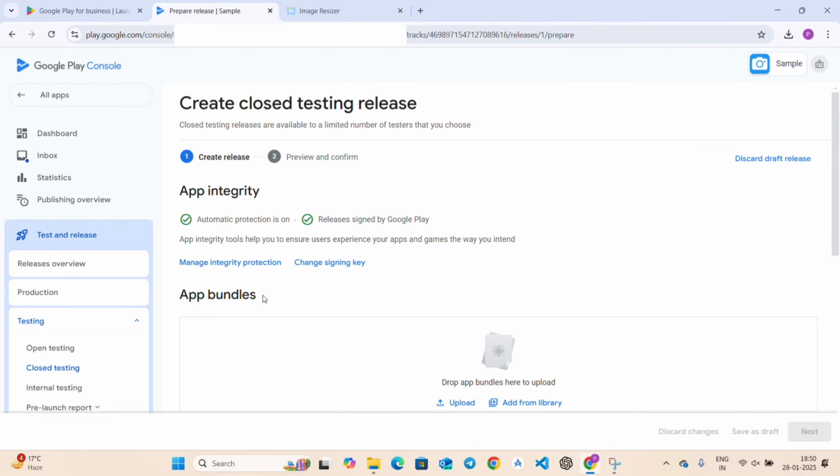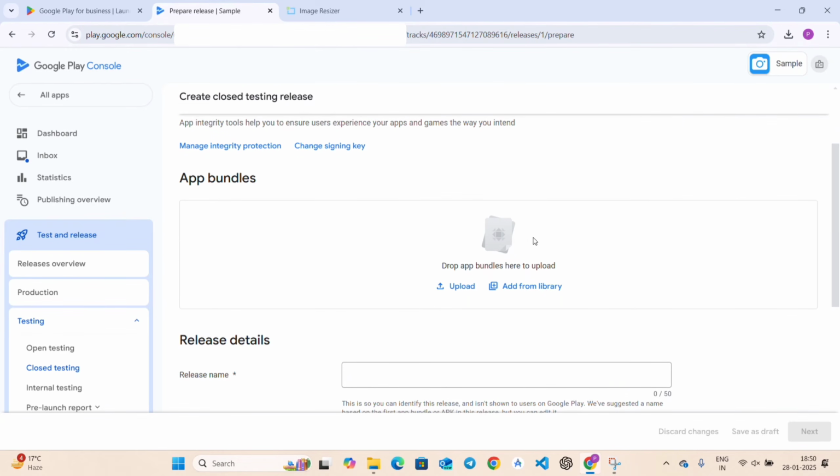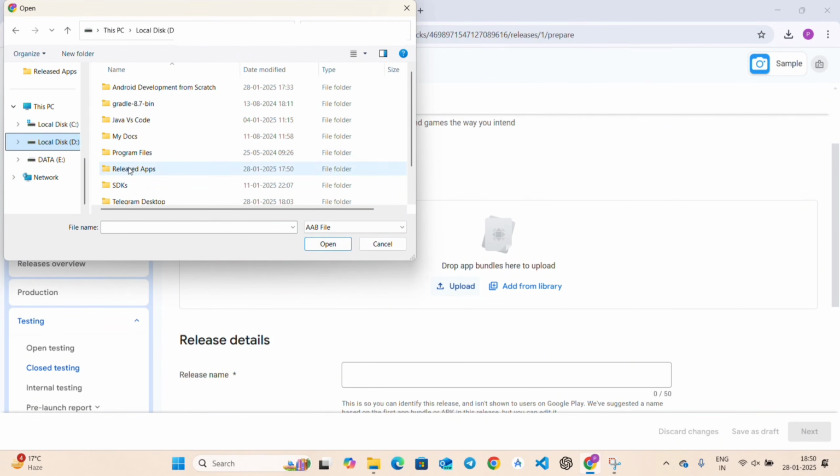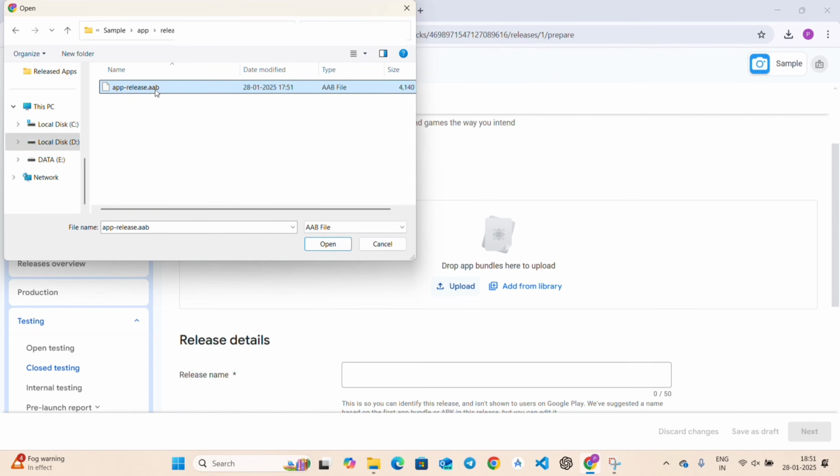So now you can see here you have to add your app bundle. If you don't know how to create an app bundle, I have given a video link in my description box. So click on upload. I have saved my app bundle in the folder. So this is the app bundle with .aab extension. So now click on open,